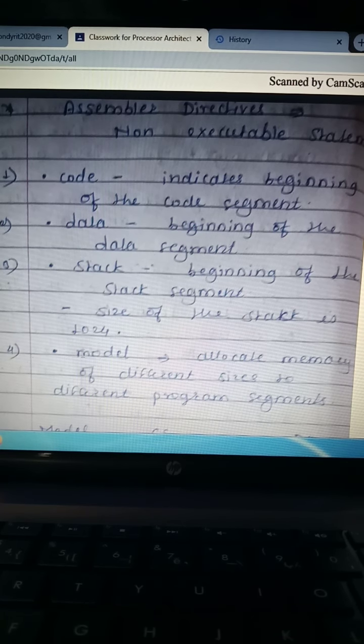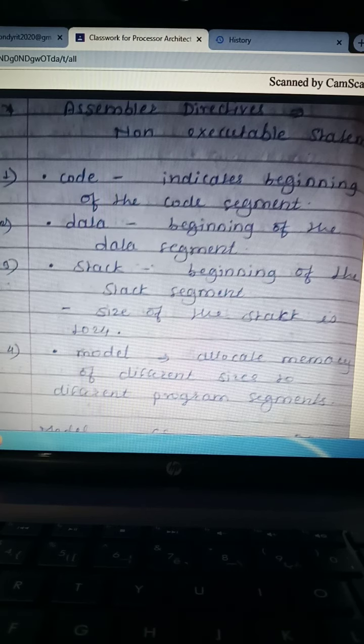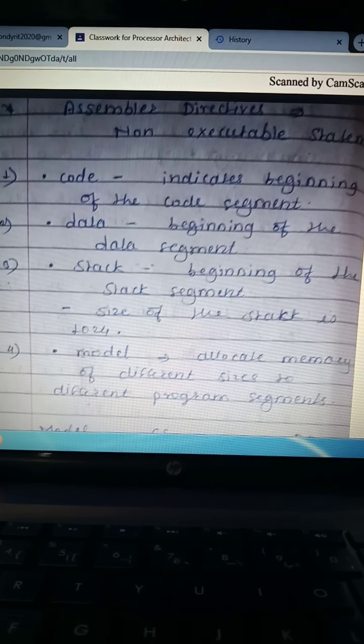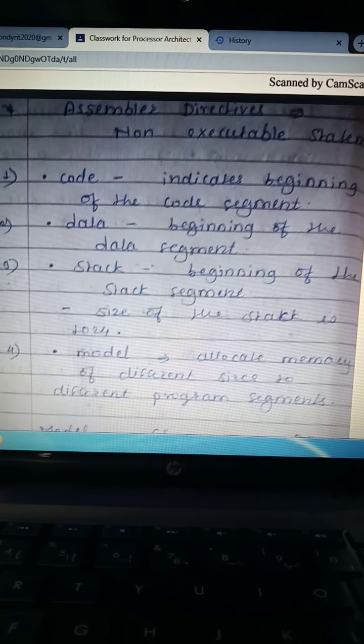So what is a directive in assembly? A directive is nothing but a non-executable statement. You must have one question: what is the difference between a comment and a directive? The common thing between them is that both are non-executable statements.